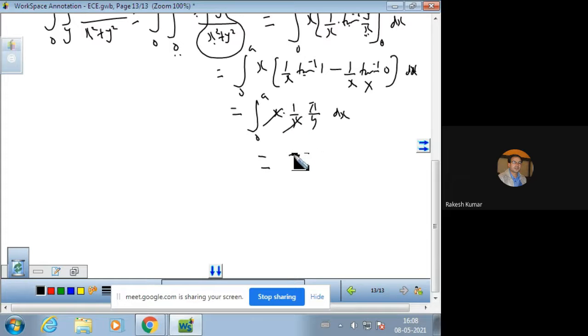x is removed here, pi by 4, and integration of dx gives a. So the answer is pi by 4 a. This is the evaluation by changing the order of integration. And we stopped at the point where we were evaluating the original integral, 0 to a and y to a,